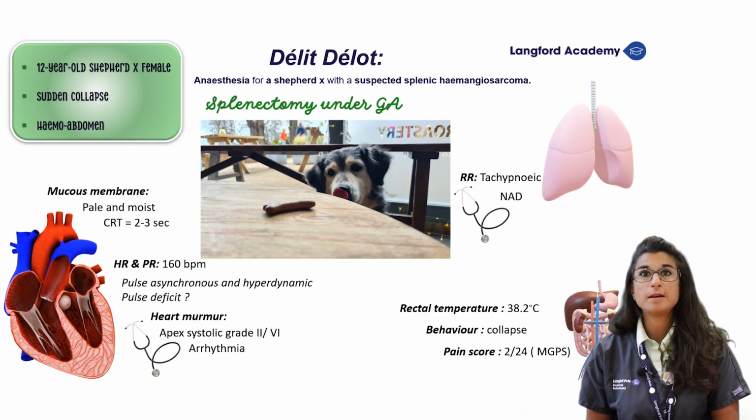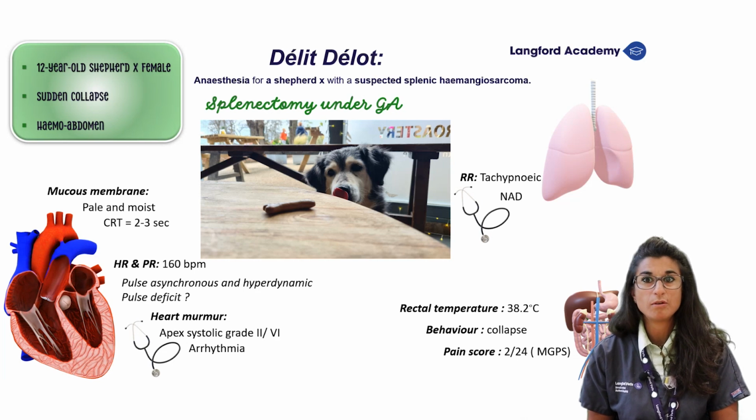The respiratory system examination revealed a tachypneic patient with a normal chest auscultation. The rectal temperature is normal, but her behavior is very abnormal because she's collapsed, and she scored on the modified Glasgow pain scale 2 out of 24, which doesn't require at this time any analgesia